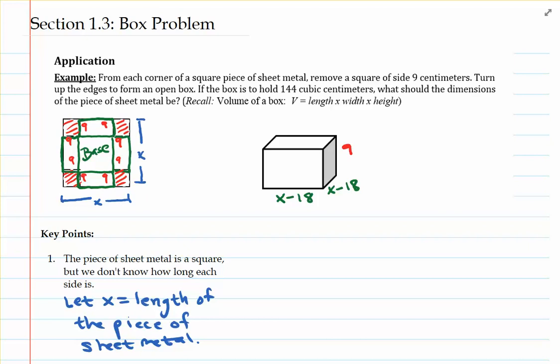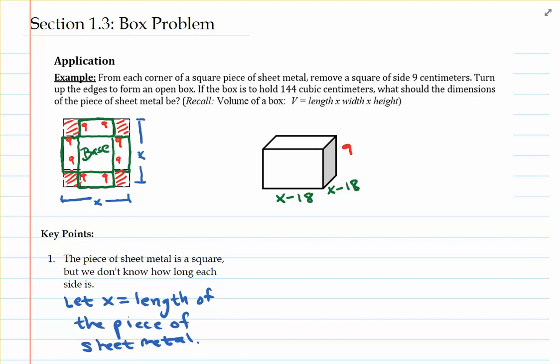Hello again, Mr. C here, and I'm going to show you how to solve the box problem now from an algebraic standpoint. In our last video we saw that when this box is formed, the length of the base of the box is x minus 18, and the other length of the base of the box is x minus 18 as well. And that's ultimately a result of the fact that we started out with a square piece of sheet